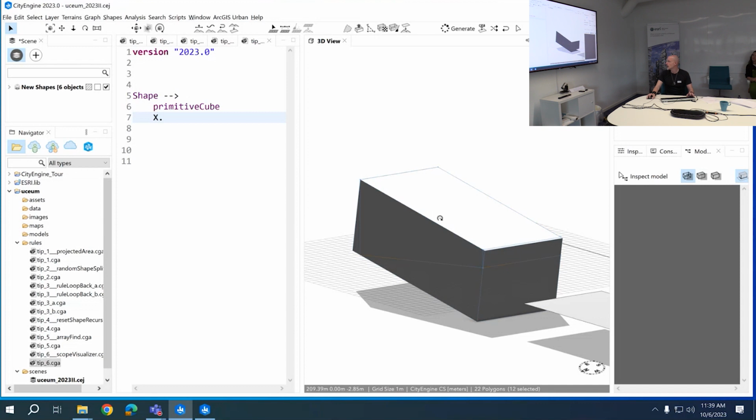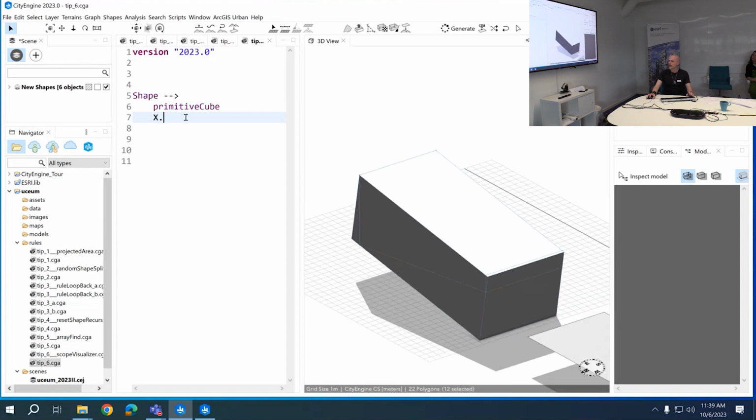All right. With a geometry. And now the thing is, primitive cube, the topology of the geometry that is inserted here is always going to be the same. So the orientation of the edges will remain constant. So we can build on that, and we can say here we are going to create a component split of the edges,